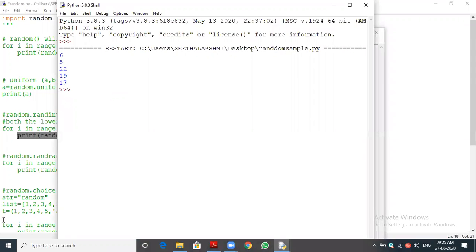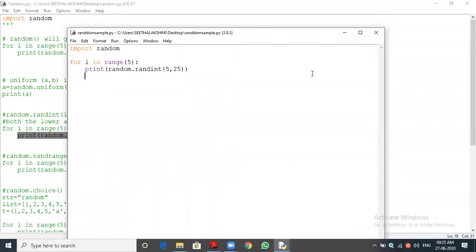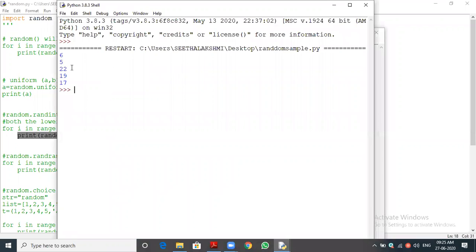I'm giving the inputs a and b, values 5 and 25. You have seen the output: 6, 5, 22, 19, 15. So it always generates an integer number. That is very important.